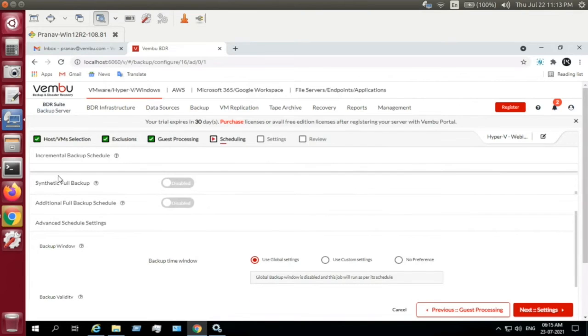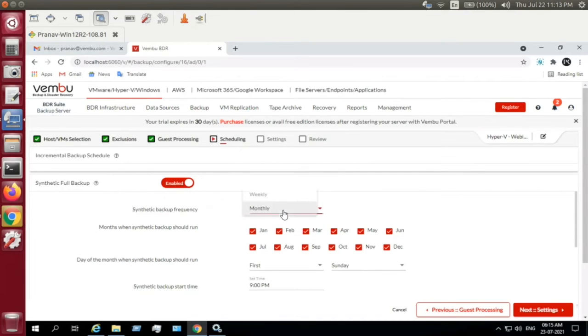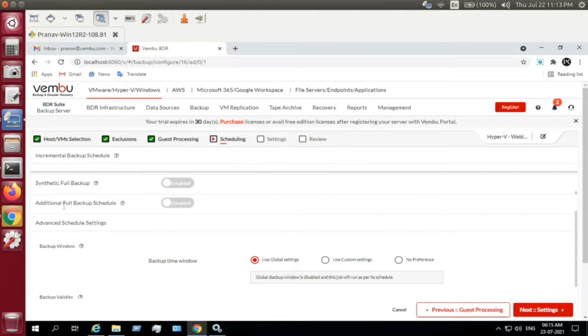And then here is your synthetic full backup, as I have already mentioned. It is created by merging the full backup, and this can be scheduled on a weekly or monthly basis. Similarly, we have the additional full backup. This additional full backup is an add-on full backup, I would say.